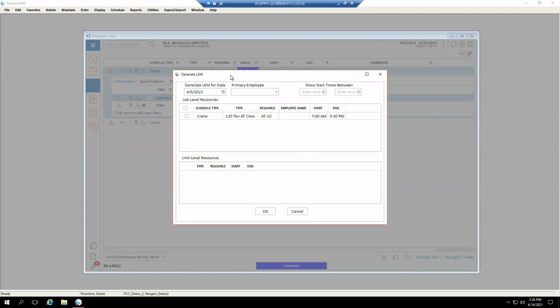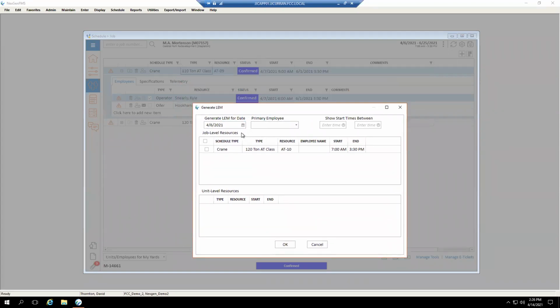And it's going to identify your date, the primary employee, and the show start times between. This is an ability to filter out your records to just a time frame that matters. For example, if you're doing shift work and you are just looking for the resources for a given shift, you can set your time frame here to only see those records, so it's easier to check instead of dealing with